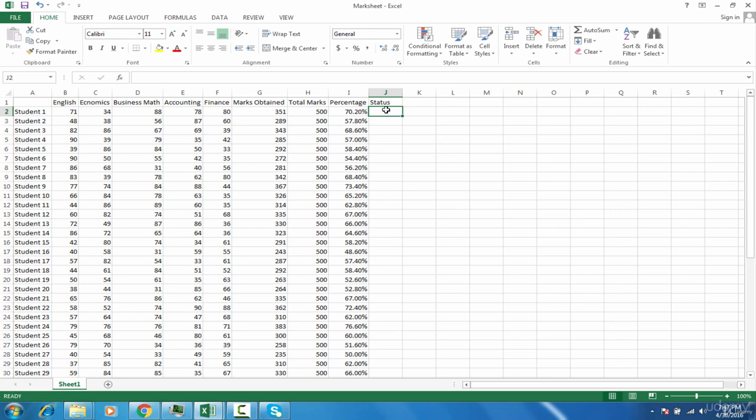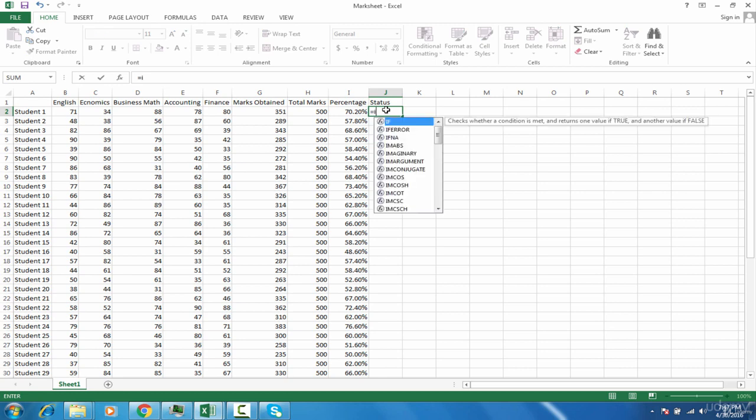So what I will mention at that point is, see, if the student has greater than 50%, then he is pass, otherwise he is fail. So Excel is simple enough. What you have just said, write it in a formula. Equals to if